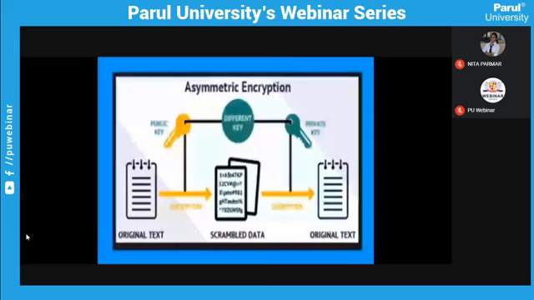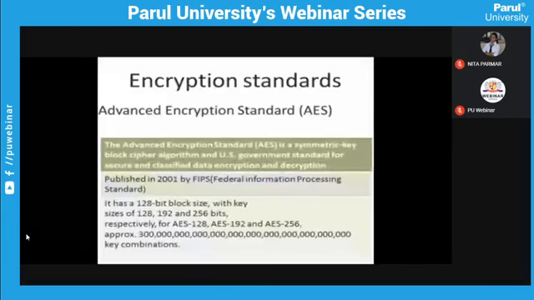So here comes the concept of two keys, public key and private key. But please note, especially in this case, the sender's private key is not used in asymmetric encryption. So the public key and private key are used in this asymmetric encryption, and hence it is very much more secure than symmetric encryption, because in symmetric encryption there was a major concern about the sharing of the key. So asymmetric encryption was introduced, and now we will see one